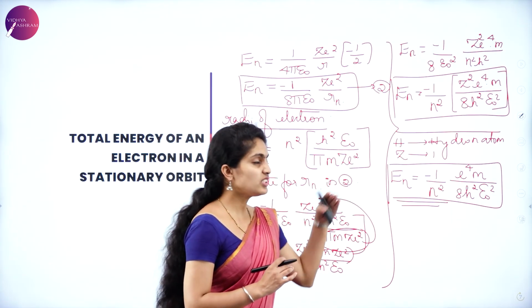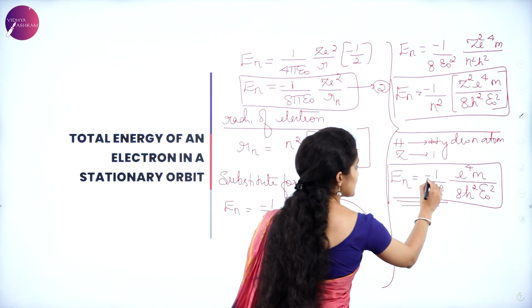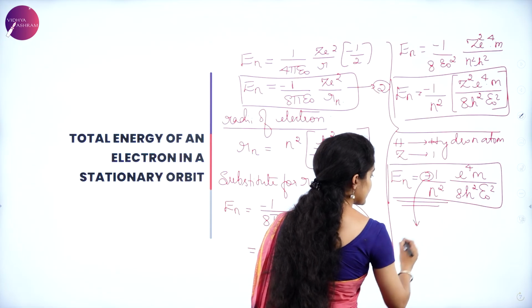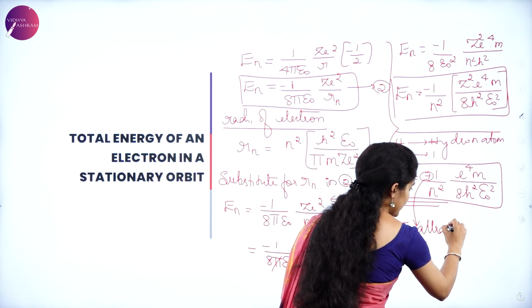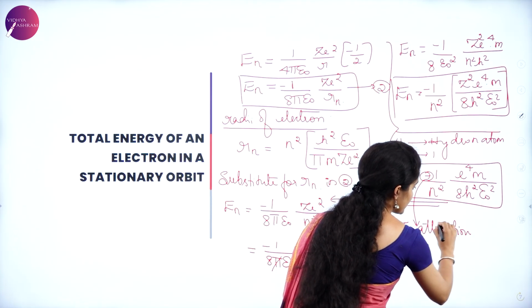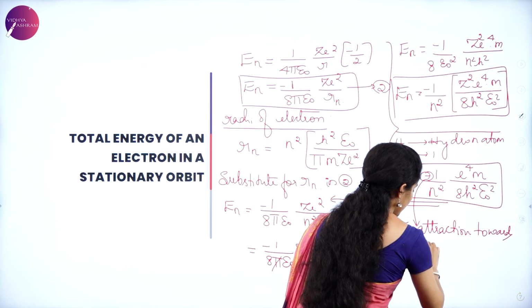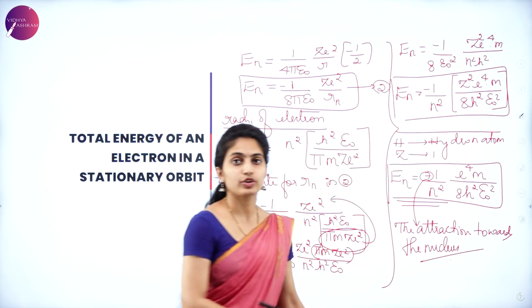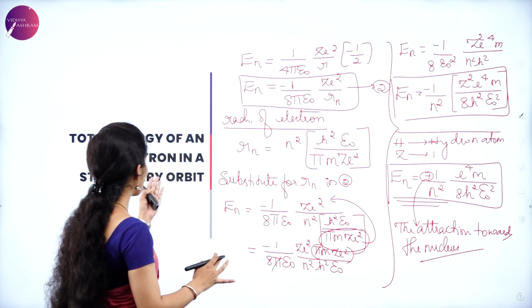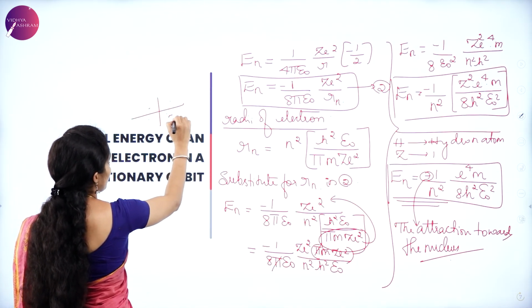Now, what does this negative sign suggest? The negative sign suggests the attraction towards the nucleus. So that is all about the total energy of an electron in a stationary orbit, which is very important